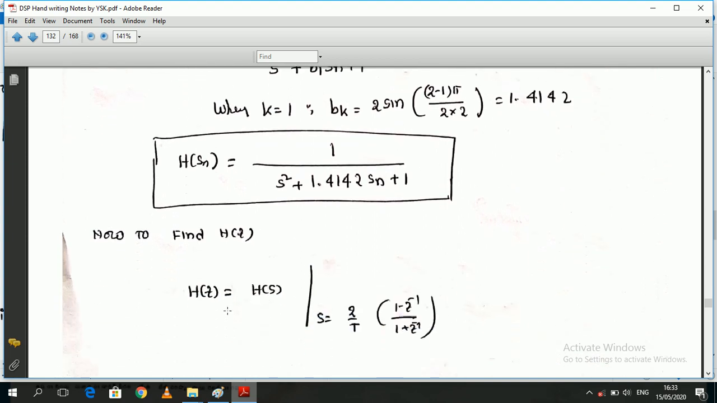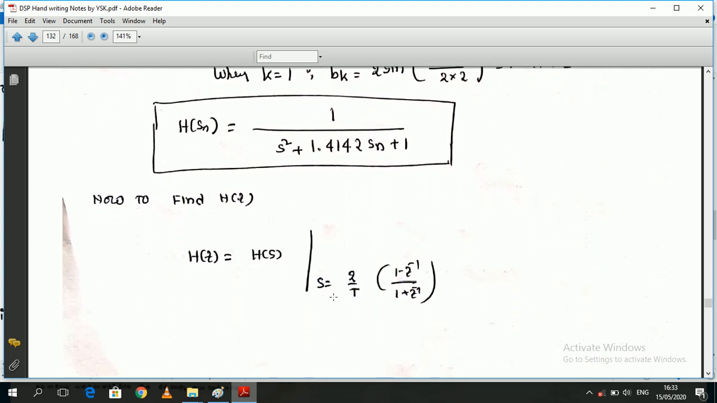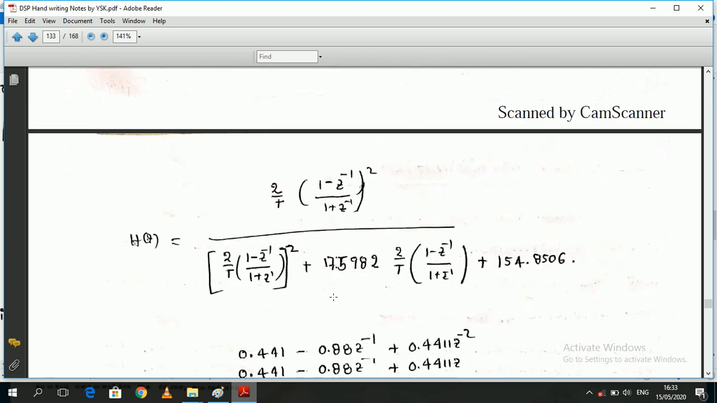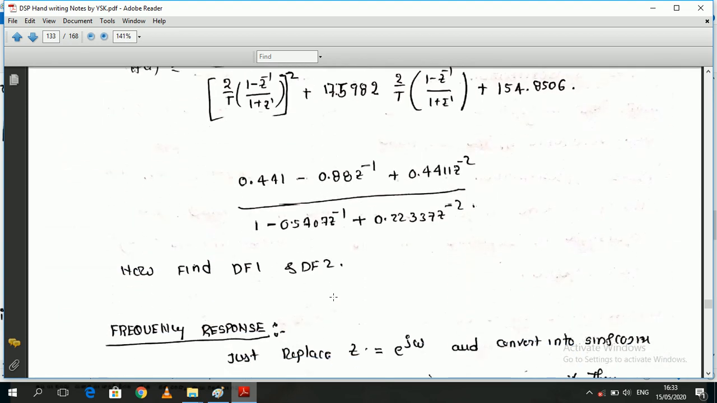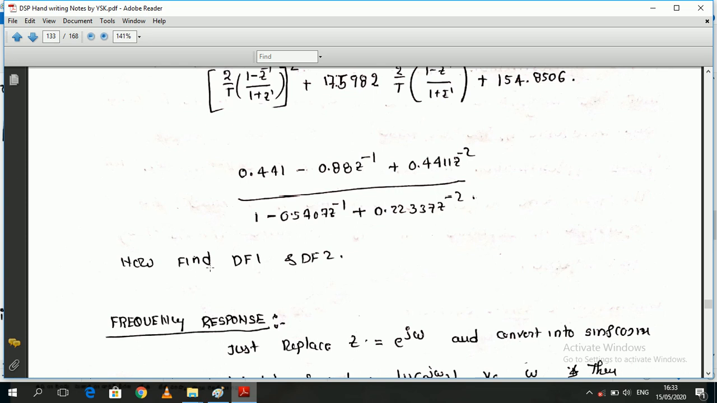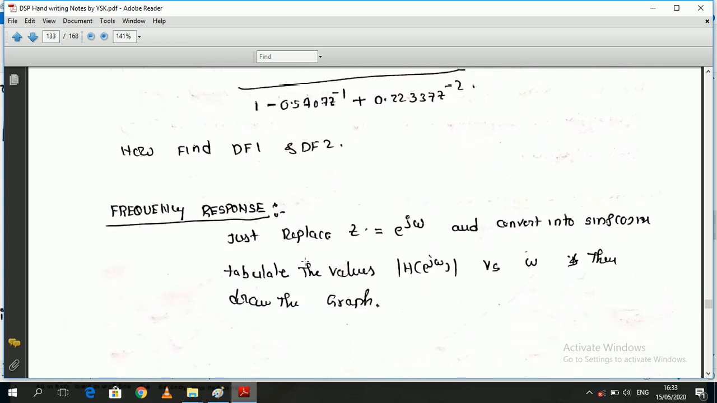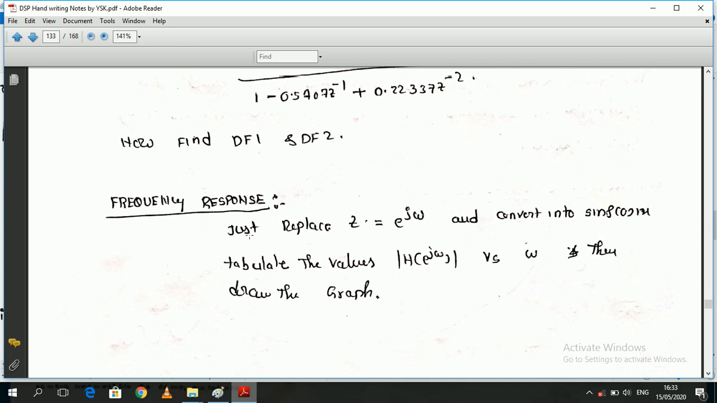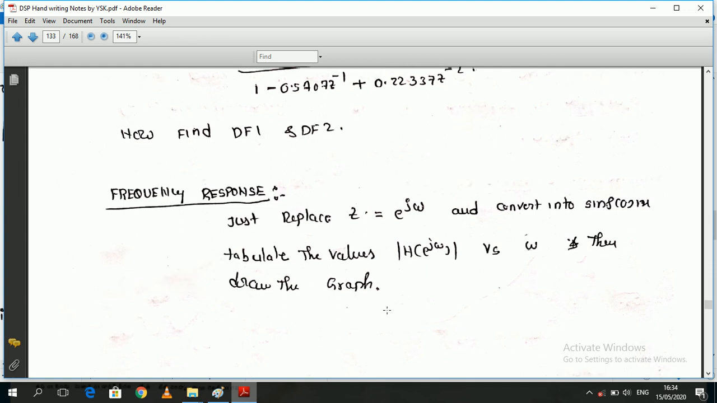Now we find out H(z). You know very well how you can find it out by using the bilinear transformation method. Apply the bilinear transformation method and find out H(z). After that, you can find out the direct form 1 and direct form 2. To find out the frequency response, as the question is asking, just replace z equal to e power j omega. You can convert the spectrum in terms of sines and cosines. Tabulate all the values of omega, e power j omega versus omega, then draw the graph. This is called the frequency response. So this is the concept of